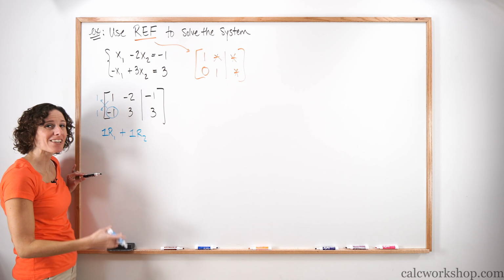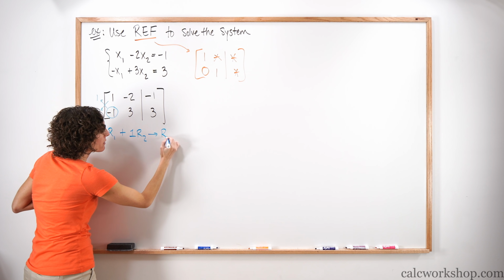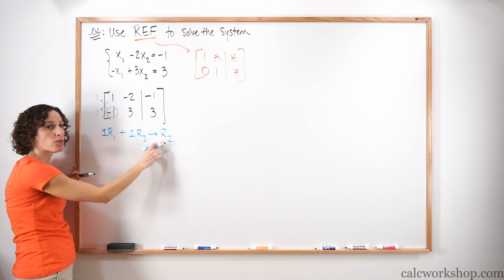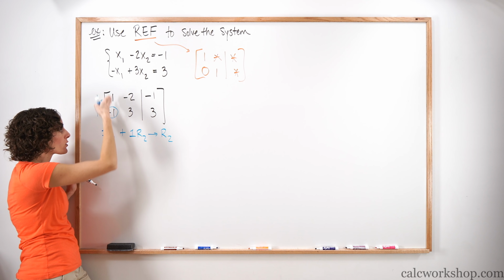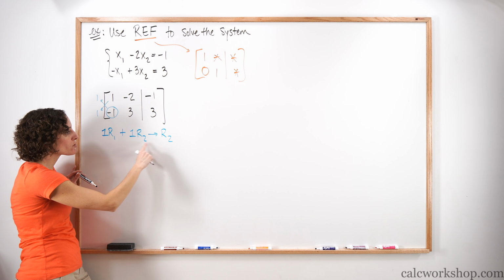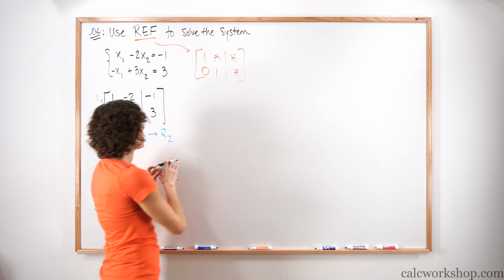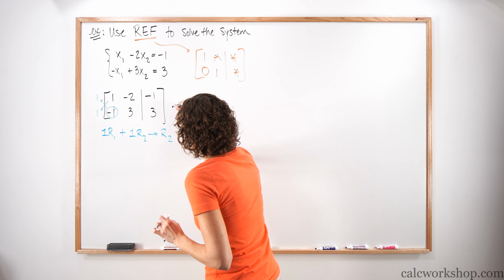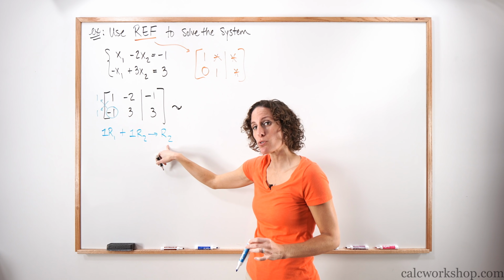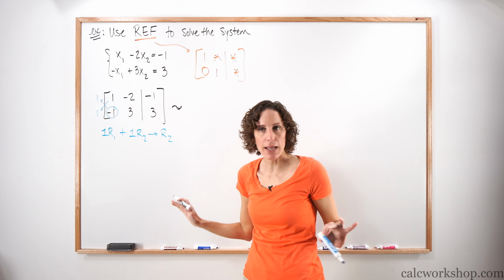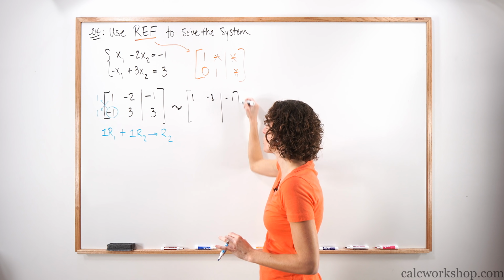Well, who wants to be replaced? Who are we trying to manipulate? We want row 2 to go away. We want this to be replaced, so we say row 2. Again, whoever comes first is the column you're in. Row 1 corresponds to column 1. Row 2 better come twice because that's who we're going to be affecting. So we're about to manipulate, so we say wiggle, and the equivalent matrix is about to come up. We're only going to replace row 2. We're going to keep row 1 exactly the way it is, so we rewrite row 1 so we don't mess it up.